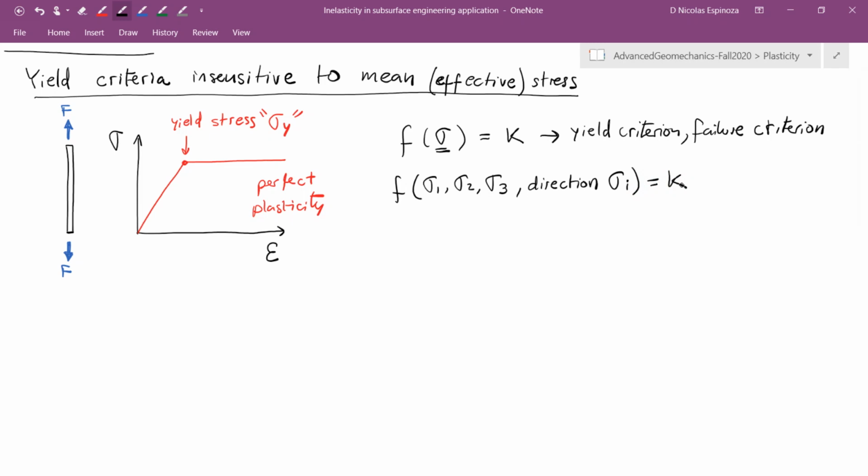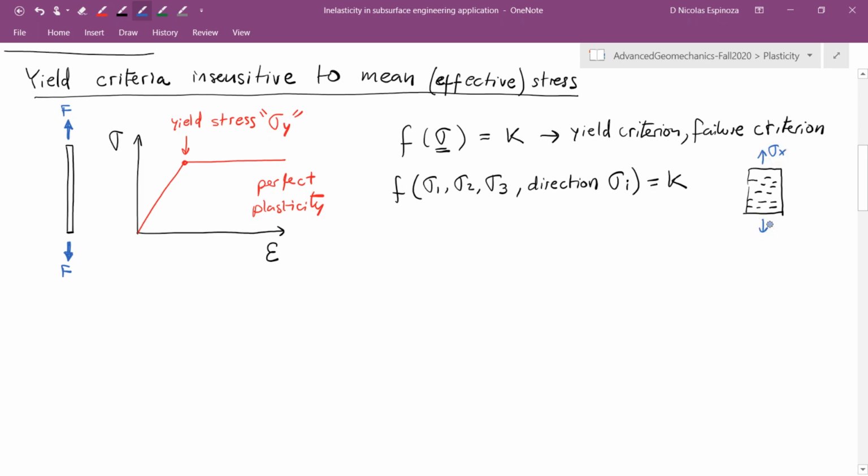For example, I could have a material that has some small cracks in this direction, and the tensile strength or the yield stress is not going to be the same if I pull it, let's say, in direction X,